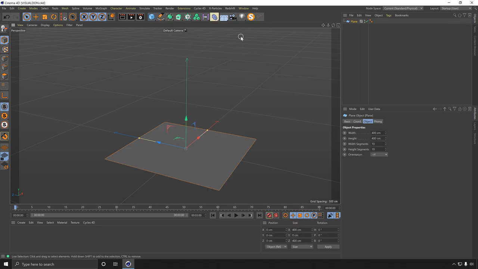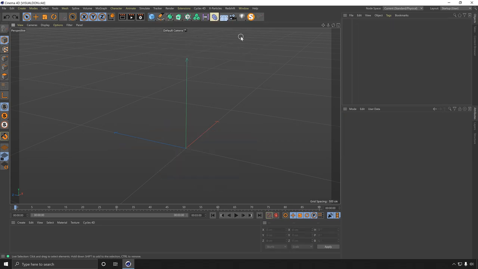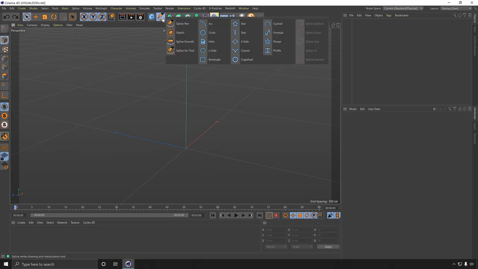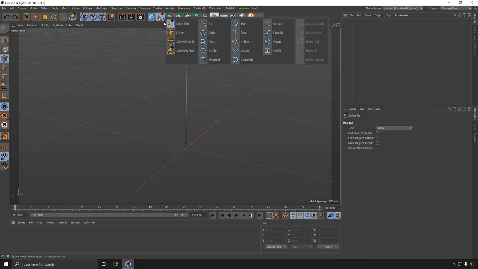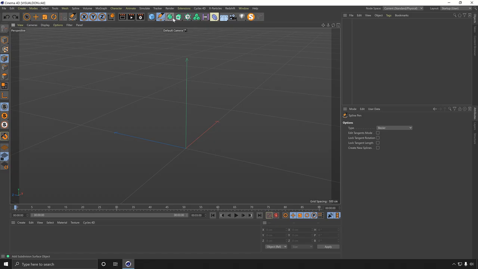So the cube is going to come up a lot. The plane, which is often used as a floor. We have the splines, which are all to do with drawing different paths like this. There will be a whole section on that in more detail. And we can draw our own splines, or we can use these presets,